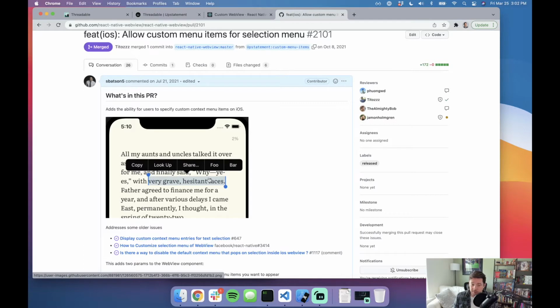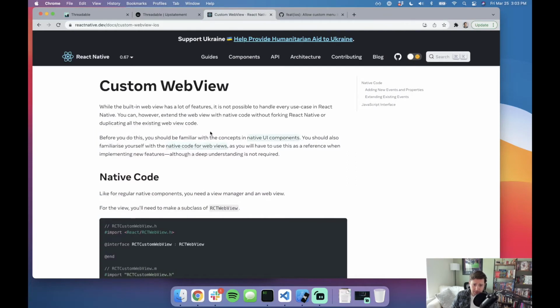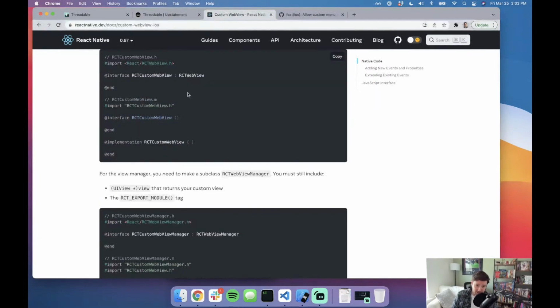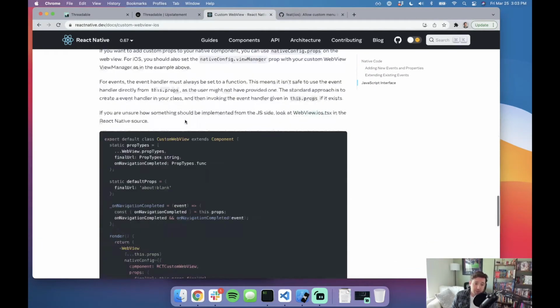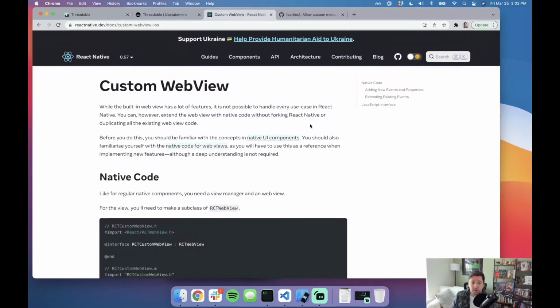I'm obviously not very good with Objective-C either. I found it really confusing. And doing it in Swift, I was able to do it in just a few lines. So I wanted to cover that today, show you how we built this, show you how you can easily leverage Swift for native modules. There are a couple examples out there, but I found them to be pretty basic, like simple UI views, and the React Native documentation actually does have an example of creating your own custom web view, but this is all in Objective-C, which again, I just find so confusing. So we're going to do it